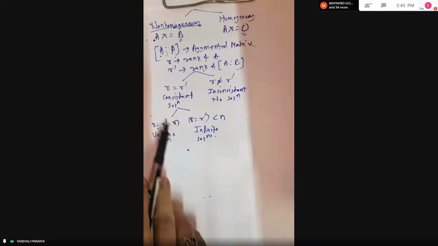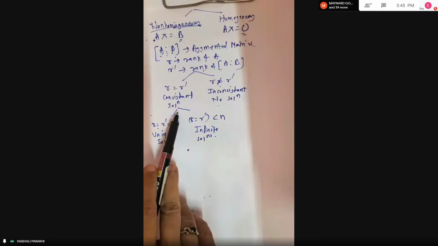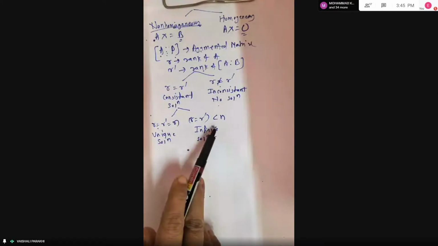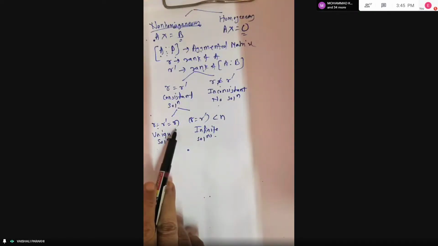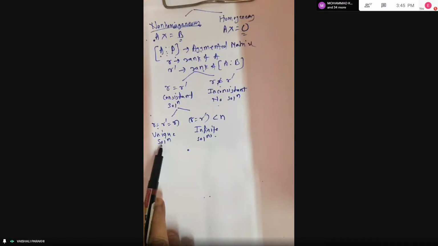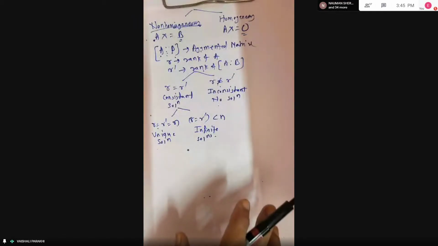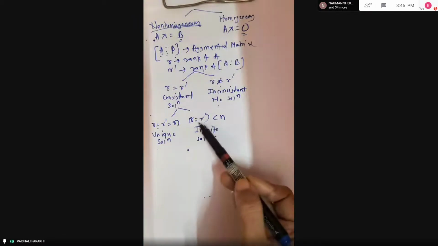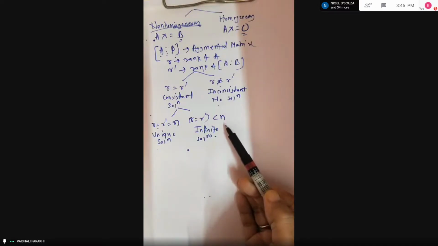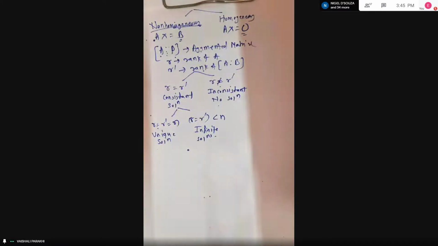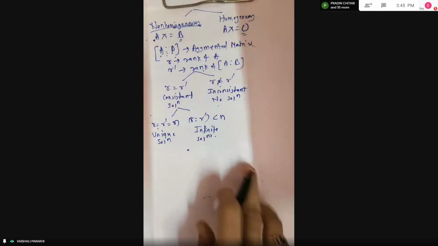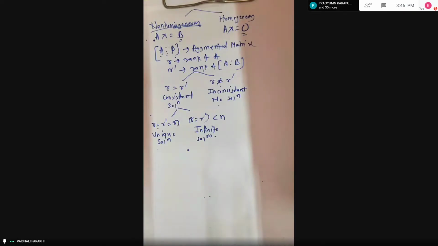When R is equal to R dash, the system has a solution. It is always consistent. Again, there are two subtypes. If R is equal to R dash is equal to N, then the system has a unique solution. Unique solution means what, students? You get a single value for the variables x, y, z and so on. That will be the only solution. And if R is equal to R dash is less than N, then it has an infinite number of solutions. Okay. Any doubt here? We'll proceed to the example.